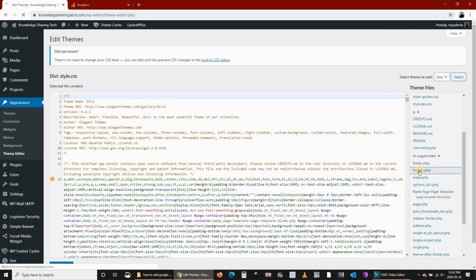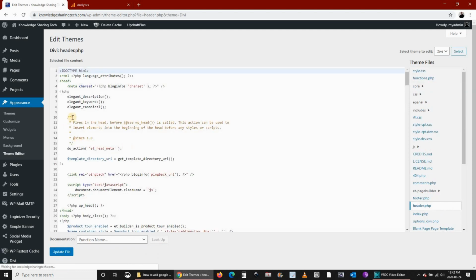This is the header file. I'm just going to show it to you, but please don't use it because it's not recommended. This is as a last resort. The other two options is, if your theme doesn't support a place to put a header code in it, go to Plugins